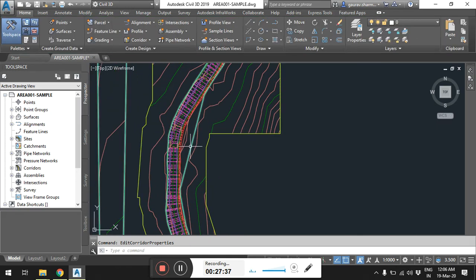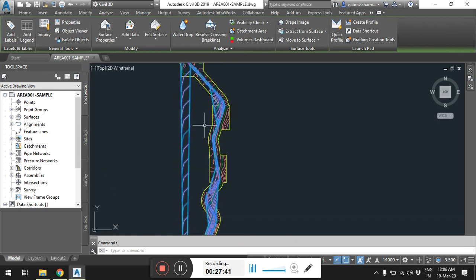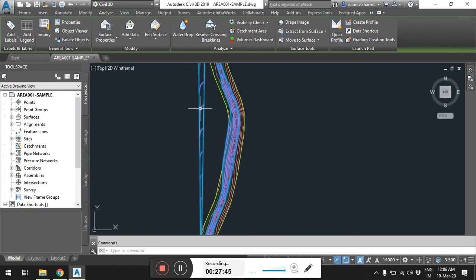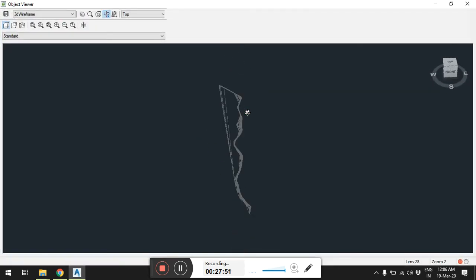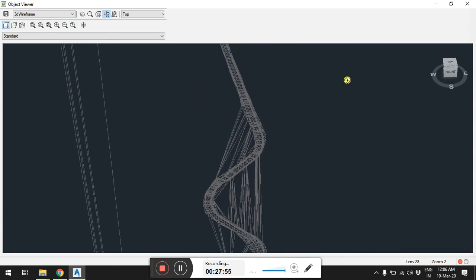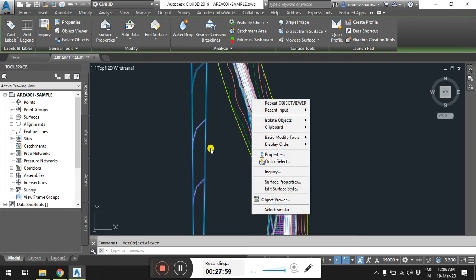See, now this is my surface of the corridor. Now you can see that the surface of the corridor is not perfect, because here my corridor is not running, but the surface is present. And when I'll choose the object viewer, this is my corridor surface. I don't want these unwanted lines, right? So what I'll do, I'll go to the corridor properties,